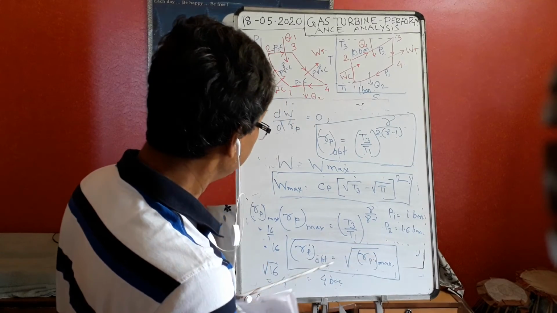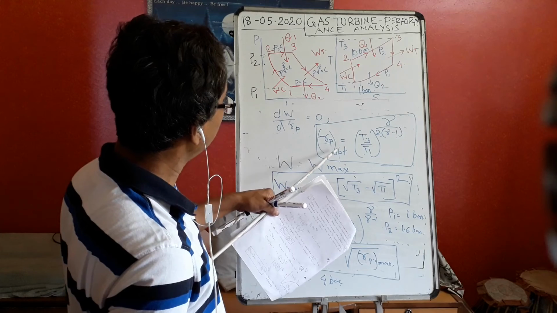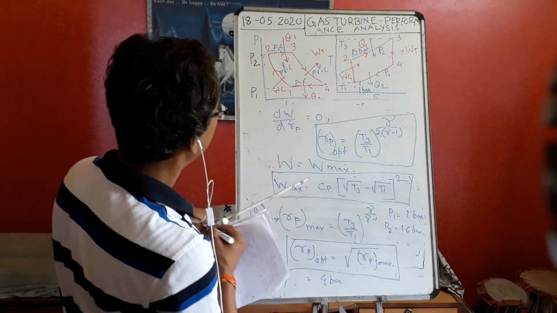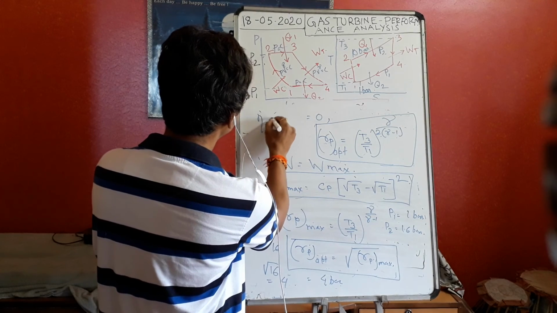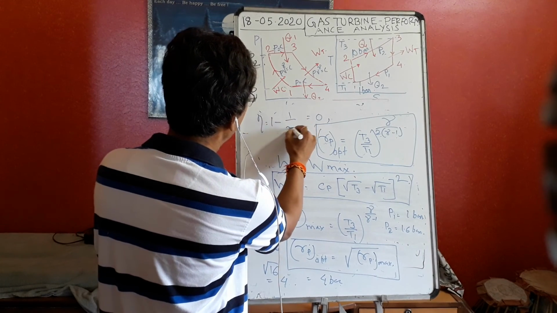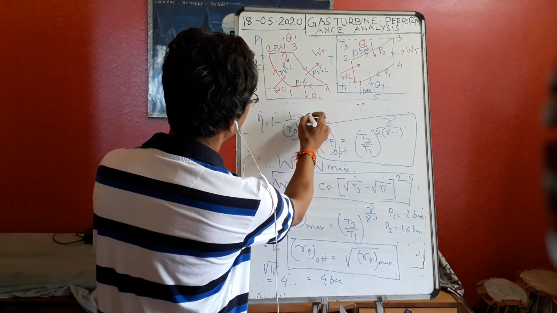Okay. Now if we put this value of RP optimum, what is our efficiency? The efficiency formula is theta equal to 1 minus 1 by RP to the power gamma minus 1 by gamma. Now if I